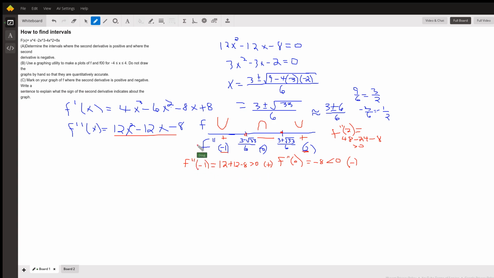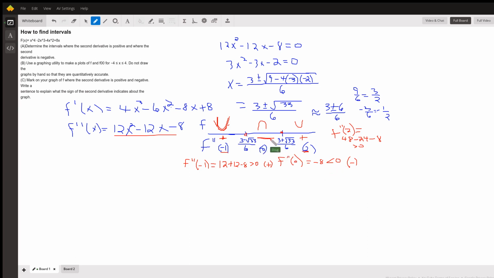If it's positive, that means the tangent lines are increasing in slope, because the second derivative is the derivative of the first derivative, and the first derivative is the slopes of tangent lines. So what this tells us is that when the second derivative is positive, I like to think of the smiley face: positive, concave upward. If I find f double prime of 0, I see I'm always going to get a negative number